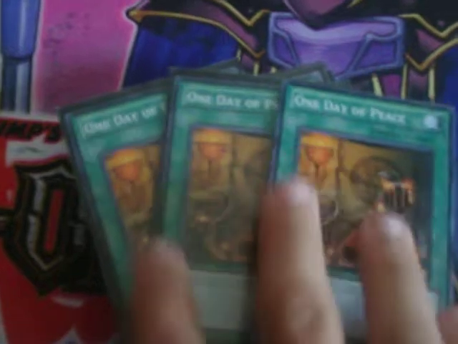3 One Day of Peace. It's good for stalling once you side deck into game 3, and it's more of a draw power, because you don't care how many of these you use. You just want to get the self-destruct button and your win conditions quickly. 3 Toon Table. You run Blue Eyes Toon Dragon for a reason, and this is your reason, because it helps you go through the deck. And last but not least for the spells,